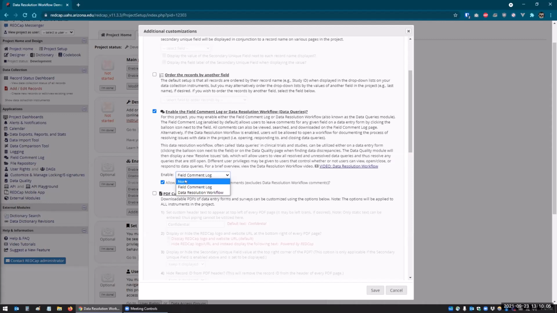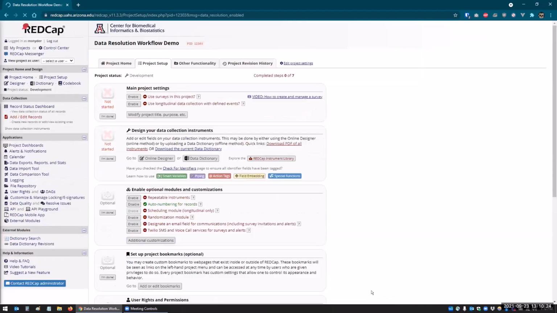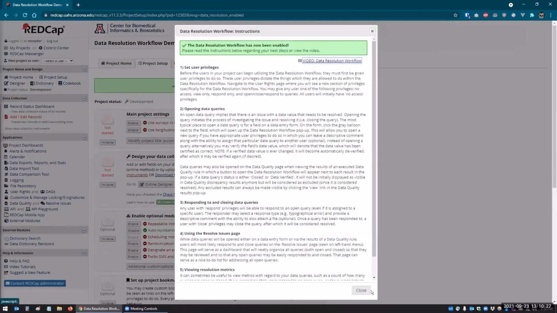And down here is the drop down where you get to select whether you want, if you don't want the comment log, you can turn it off. If you want the comment log, or if you want data resolution workflow. So this is where you would enable the data resolution workflow. So I'm going to select that. Now that I've selected that, this checkbox doesn't apply anymore, so it grays out. And you want to make sure this is checked. And I'm going to save it now. And then once you save it,